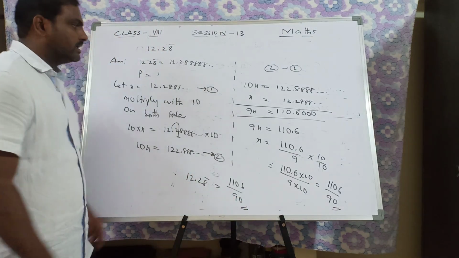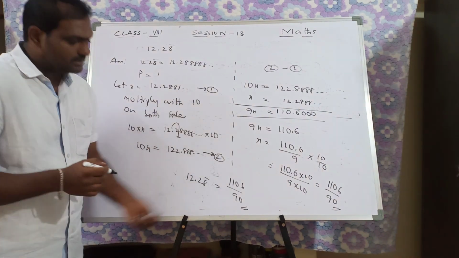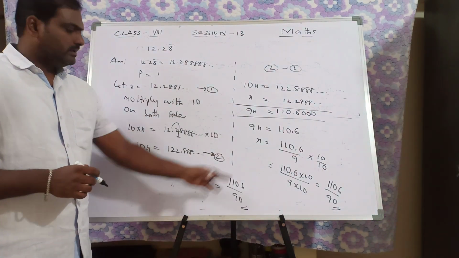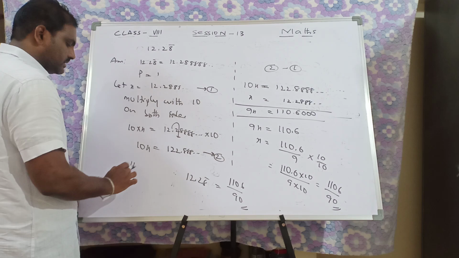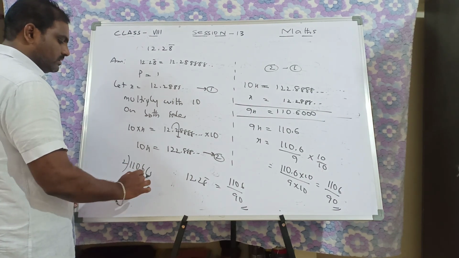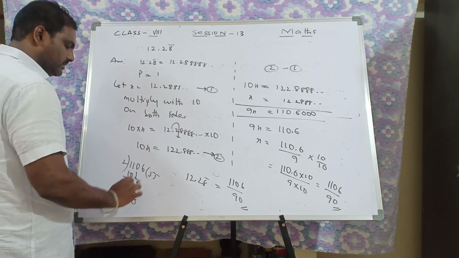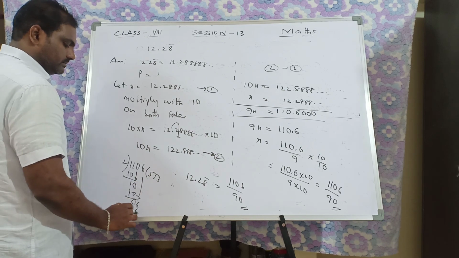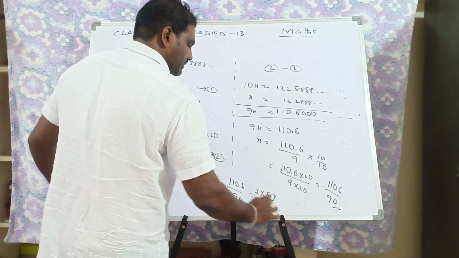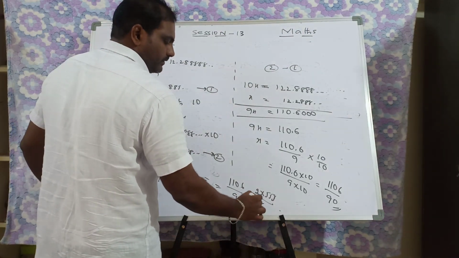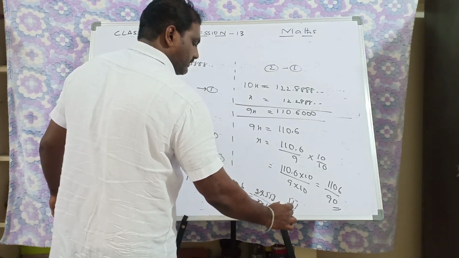Some genius students are writing, all the steps are wrong, but answer is this. That is wrong. Still we can do. What is the next step? If any chance is there, I can cancel it. Suppose two table will go in both. 1106 divided by 2. 2 5s are 10. Remainder is 1. 10. 2 5s are 10. Remainder is 6. 2 3s are 6. How much it is? 2 into 553 by 90 can be written as 2 into 45. So 2 may cancel. I will get 553 by 45. Both are the same.